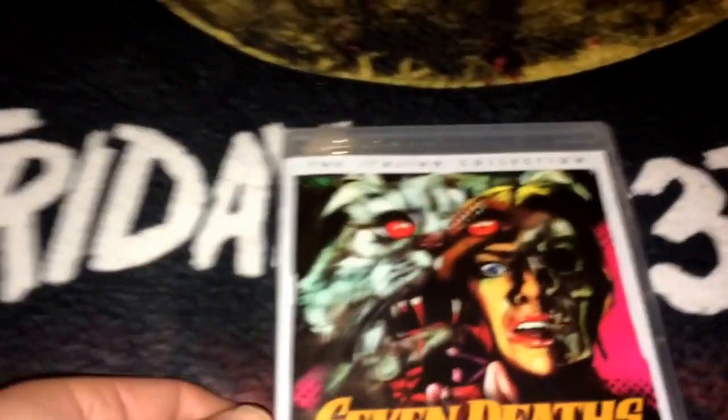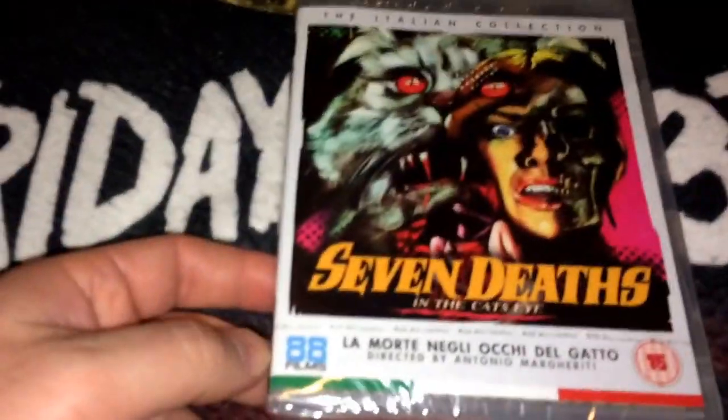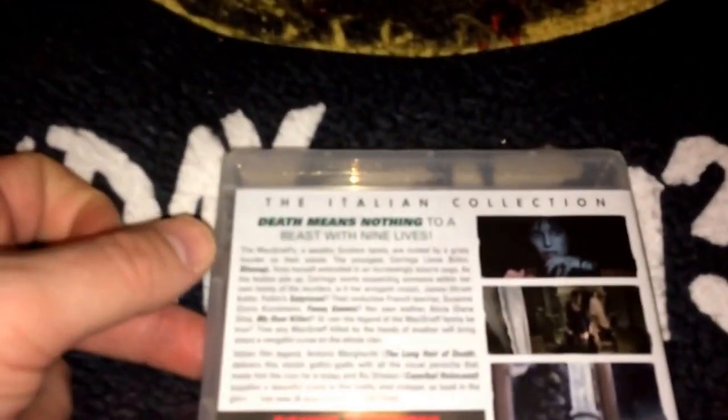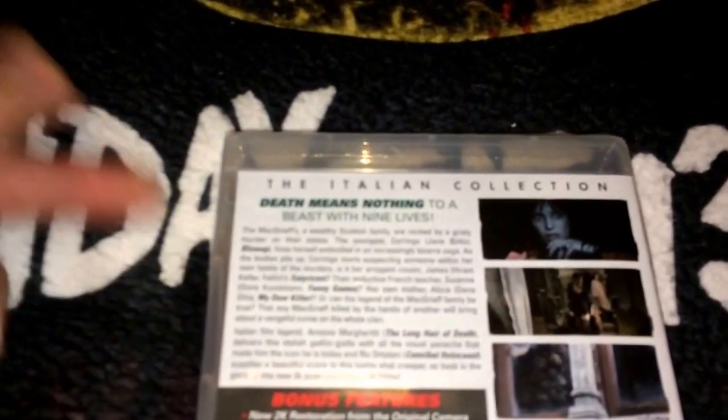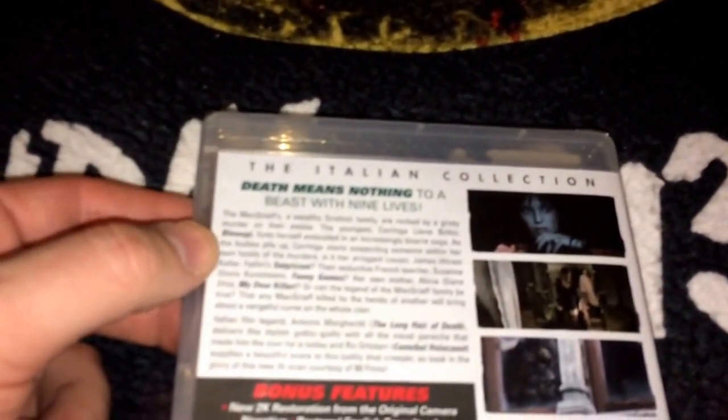First 88 Films title I picked up is from the Italian collection, and this is Seven Deaths in the Cat's Eye by Antonio Margheriti. And that is spine number 19. The film is from 1973. I'm going to go through this kind of quick because we're at 26 minutes already, and I think I have about 10 of these titles to show you guys. So this is kind of a giallo in a way. It's kind